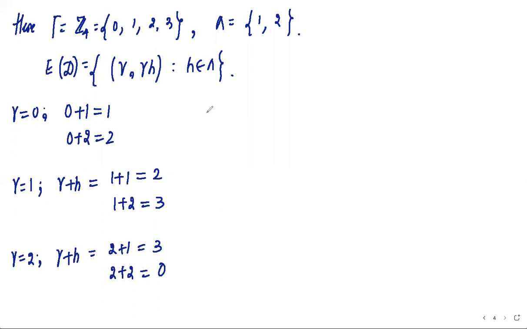And the last one: I wrote gamma h, this is the group operation. Here it is addition, somewhere else it could be multiplication, it could be any group operation. It is not multiplication here, it depends on the group operation. Okay, now gamma is equal to 3, then gamma plus h is equal to 3 plus 1, which is equal to 0, and 3 plus 2, which is equal to 1. Now the vertex set of this diagram D contains these 4 vertices 0,